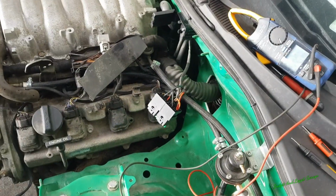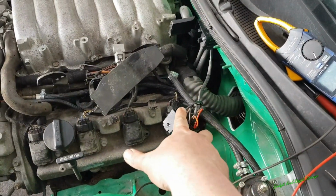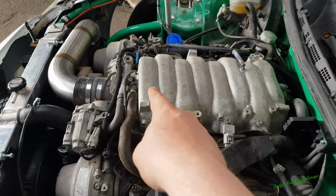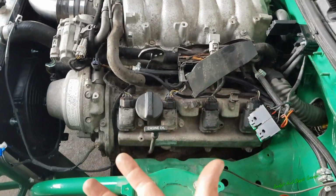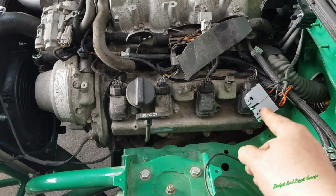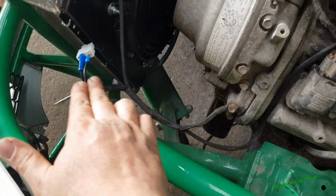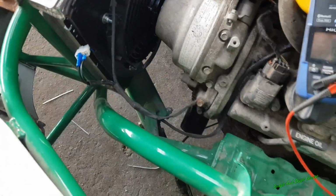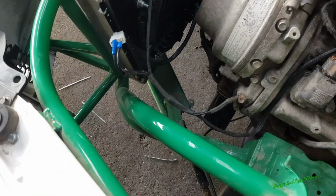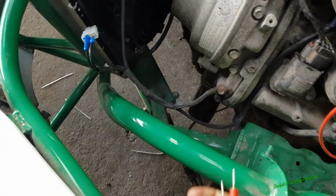Right, I've been scratching my head for a while thinking what's going on, because it should just be a simple case of putting one or two wires from there to my temperature sensor. Once it earths, it should turn on the fans, and I cannot get the fans to turn on by the earth, which is really unusual, but I've just possibly found the problem. Here is the earth to the fans, and if I was to put a multimeter on continuity, which is not a great test, but when I put them together,